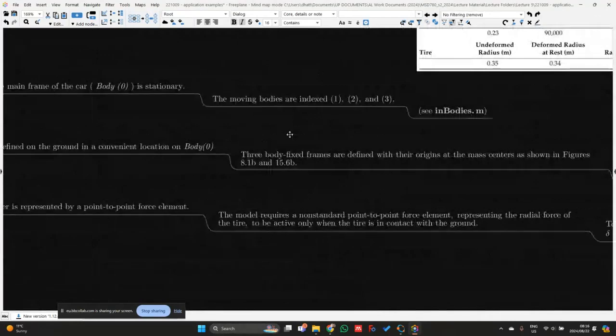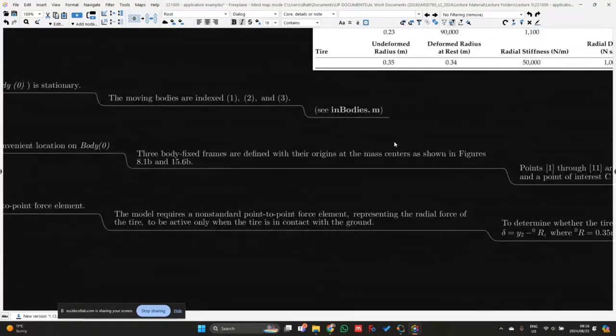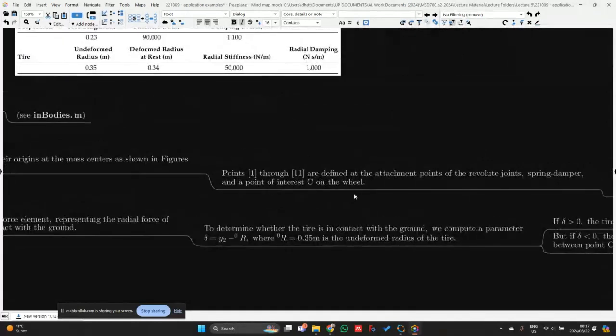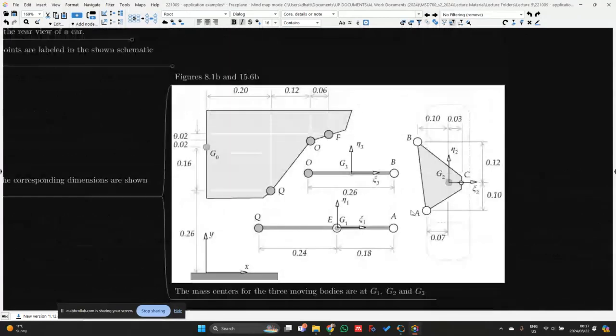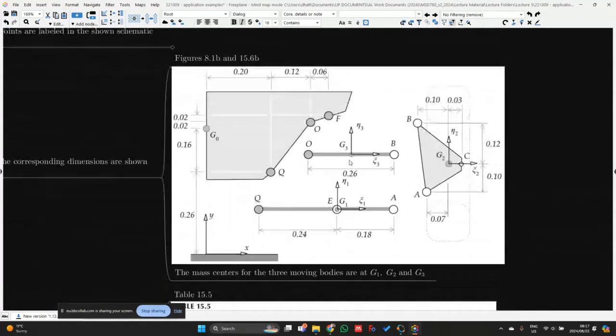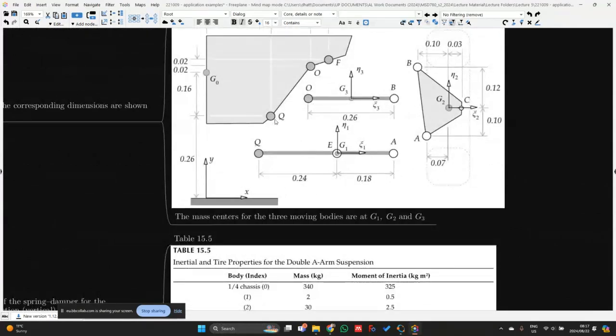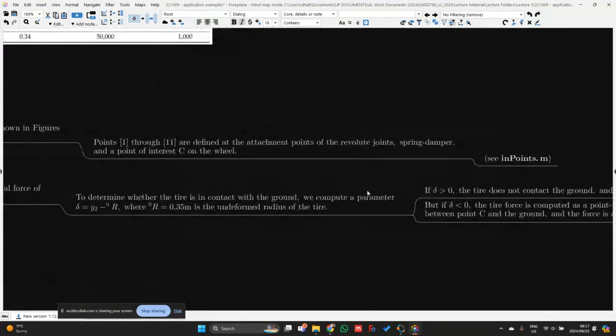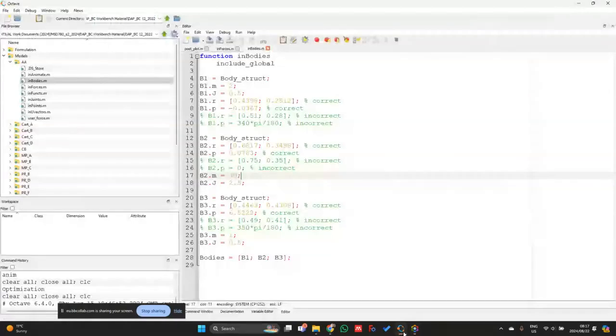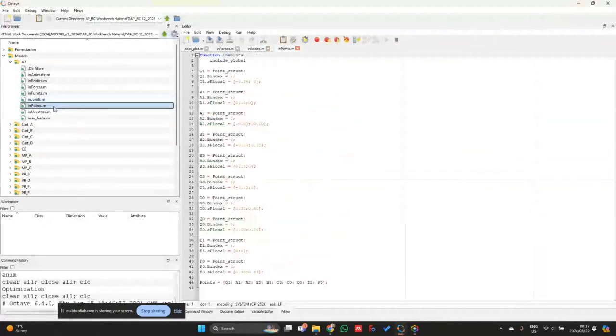Then 3 body fixed frames are then defined with their origins at the centers of mass, as shown in figures 8.1 and 15.6b. Points 1 through 11 are defined at the attachment points of the revolute joints, spring damper, and a point of interest C on the wheel. So if you look back over here, I see they don't show it over here, but we're basically going to index each point as 1, 2, or 3. I think they perhaps did it under in points. So if we go to the in points file then,